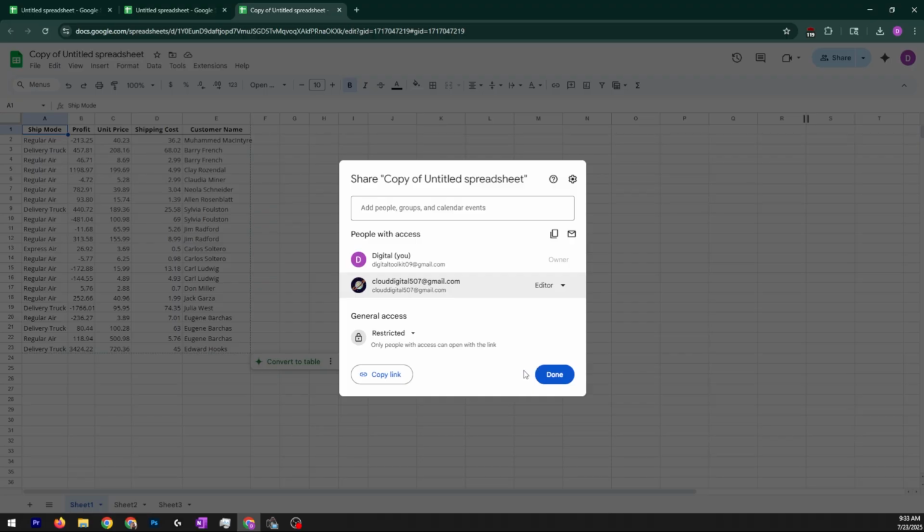If you're sharing via the general access link, you can set link permissions too. Restricted means only specific people you've shared with can open the file. Anyone with the link means anyone who has the link can access, meaning they can view, comment, or edit. Your organization means that if you're signed in with a school or work account, this allows access to people in your organization.